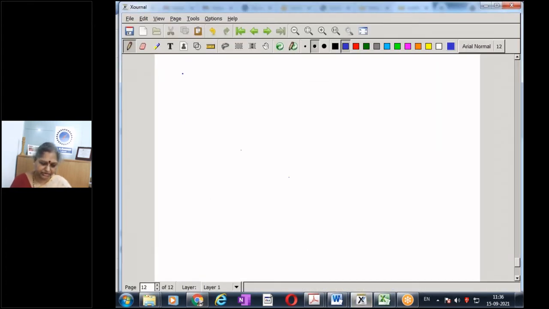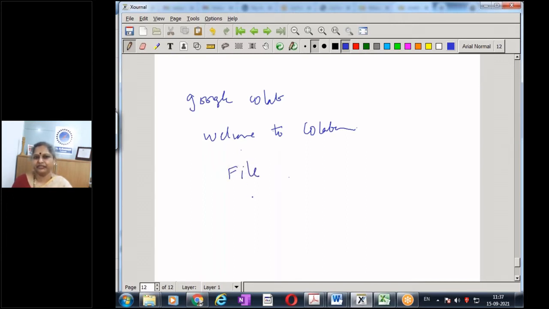On your Google browser, please type Google Colab, and once you click it, you will get Welcome to Colab. Then you select File, and under File, let us select New Notebook.